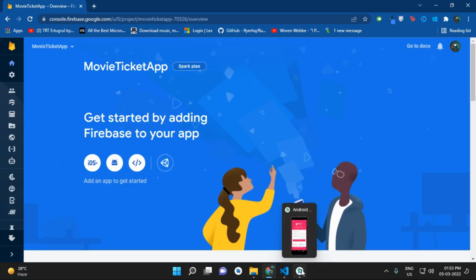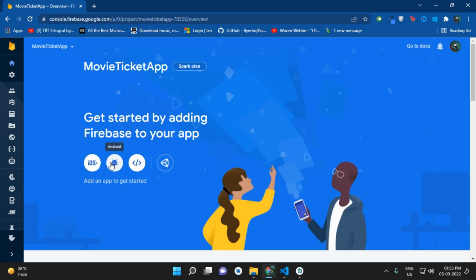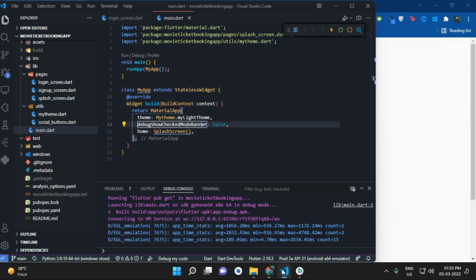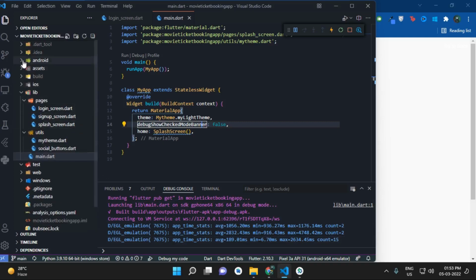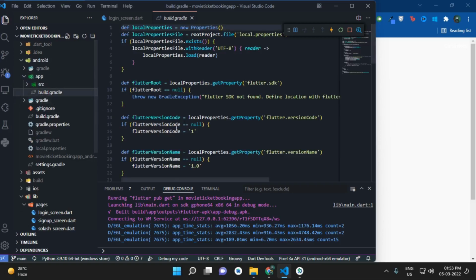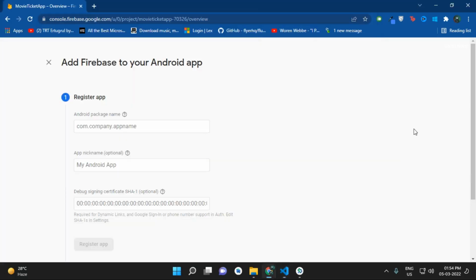I am using Windows and Android as a base while adding this Android app. For this you have to go to Android build.gradle, and here you will get the application ID. Copy this application ID and paste it here. Let's say movie ticket app. And for the SHA1 fingerprint,